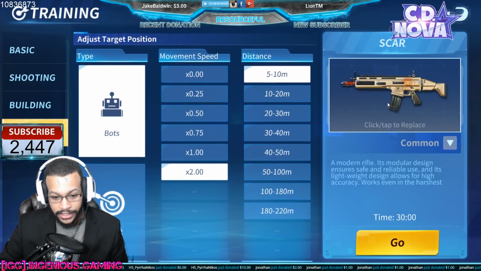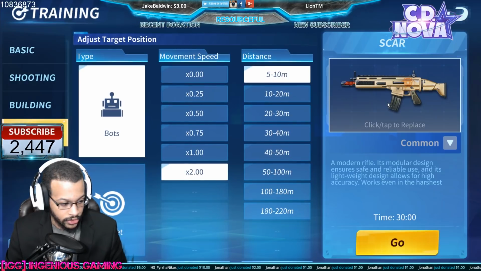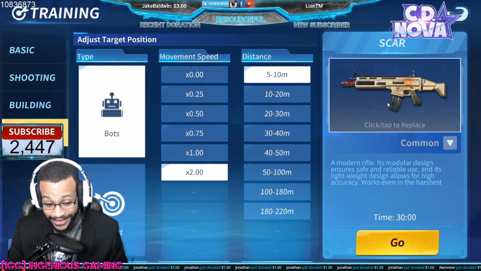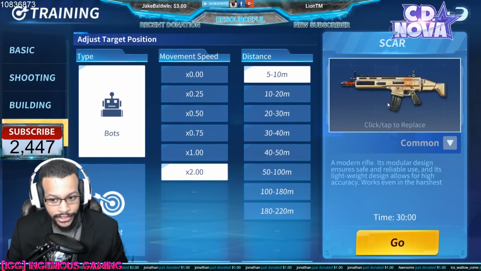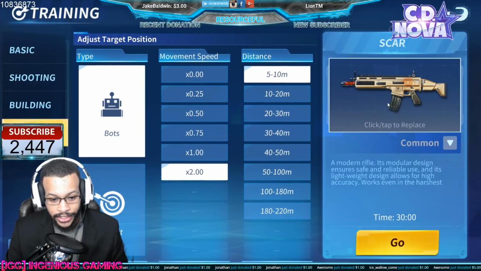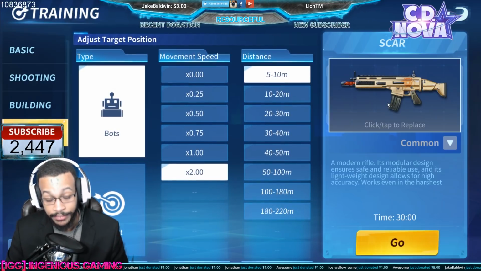I go to training mode. Now, a lot of people don't understand this aspect here, but they think, hey, you're shooting at bots, it's not going to help you improve, right? You think it's better, hey, why not shoot at players, because they're harder to hit, the real players. The reason why you do want to shoot at bots is it's excellent practice, the best way to practice, because